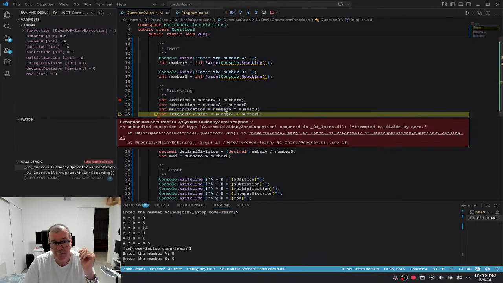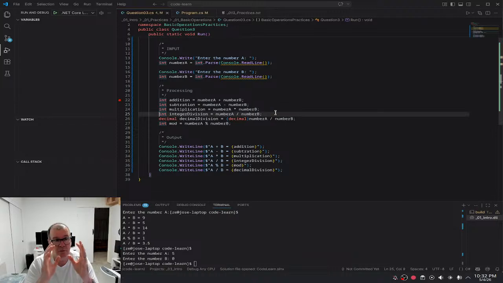So every time we are doing a division, we need to make sure that the denominator is not 0. And there are a few ways to avoid that. We can test if it is, or you can catch the exception and do some treatment. So we're going to learn about this later on. Just to explain that all the mathematical rules are respected in the computer world. So in this case, if we run our program,